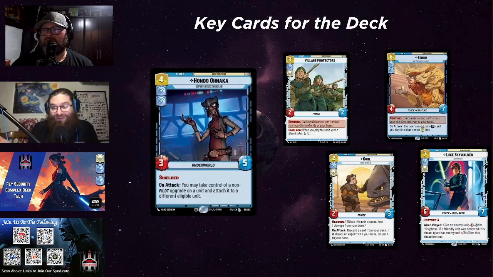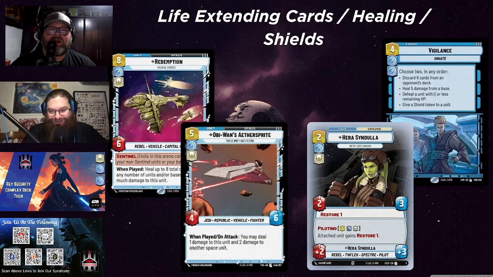Yeah. And he's a Sentinel. And you can put shields on him with Hondo and Security Complex and all that stuff. It's really funny. So then kind of the next card sets we have is what I would consider life extending